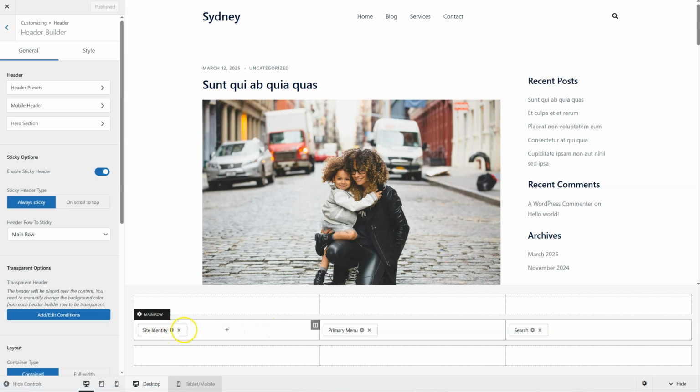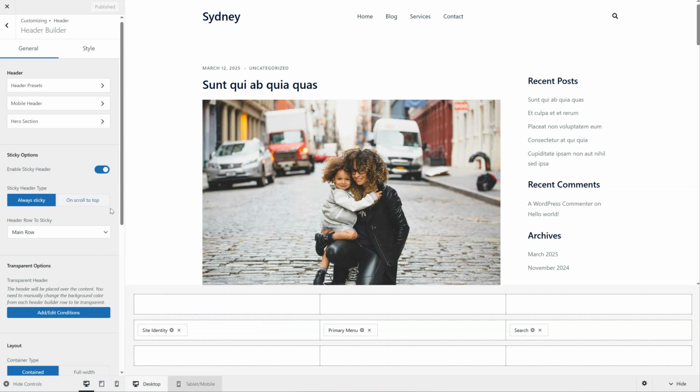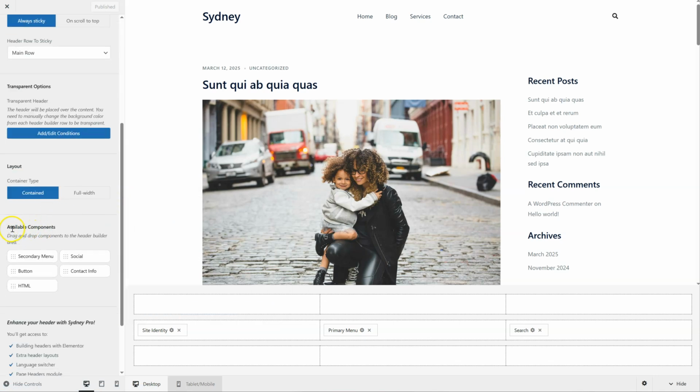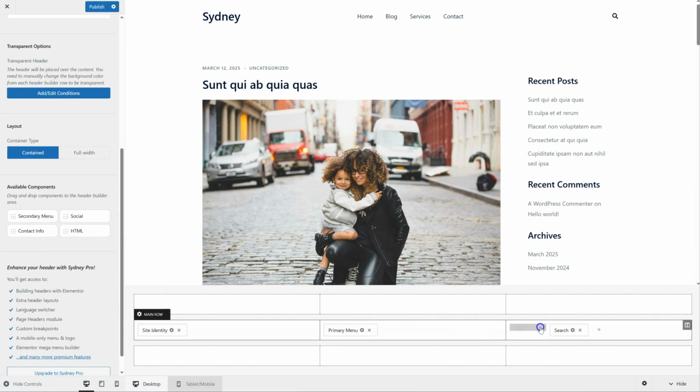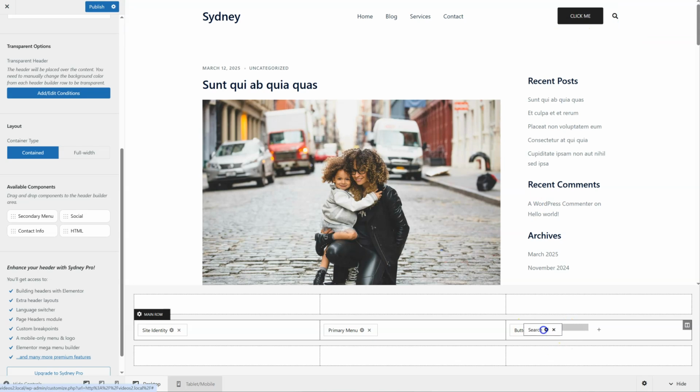So, for example, in this column I have the site identity element, which is this. Then I have the navigation component right here, and then I have a search component. Now, to add new ones, I can simply click here and click on the one I want, or I can go here, scroll down a bit to available components, and simply drag and drop the component I want. So I'm going to drag it and place it here. You can see it's right before the search. If I want to rearrange them, so I want the search icon to go first, I'm just going to drag here,